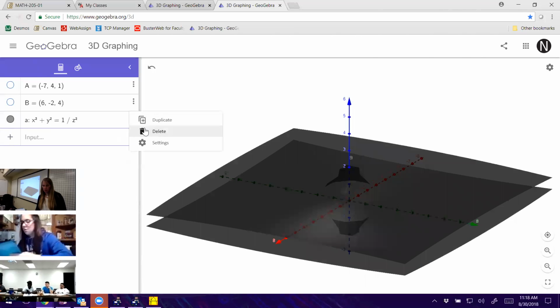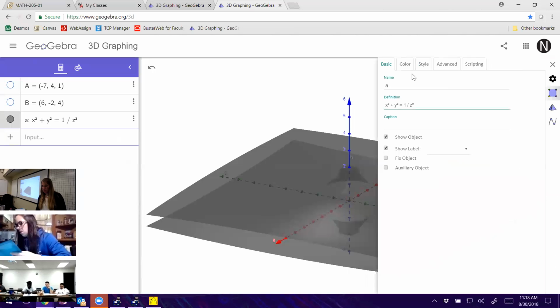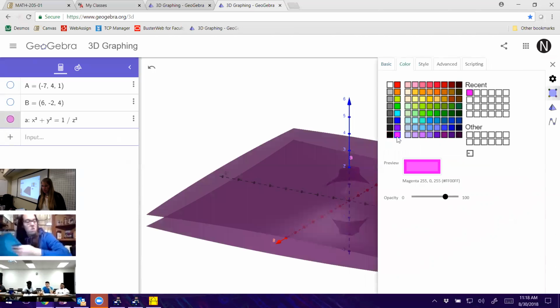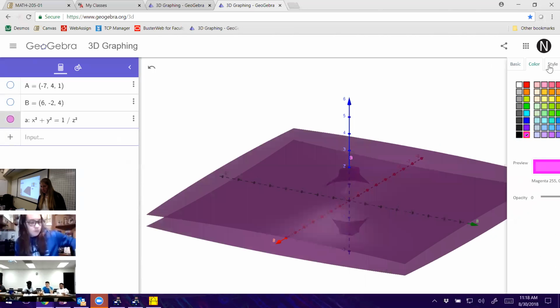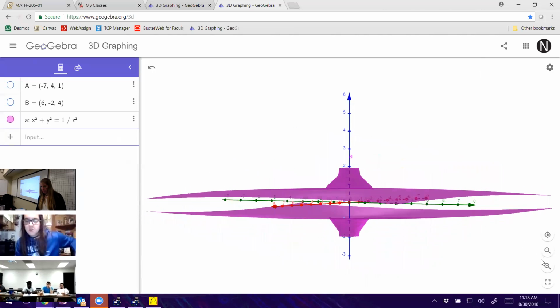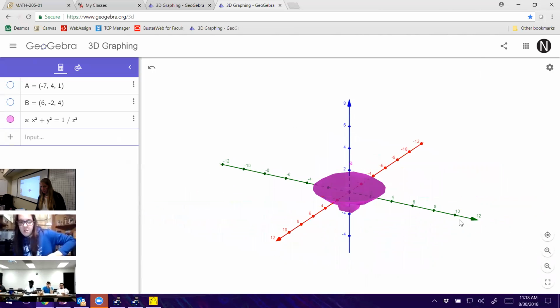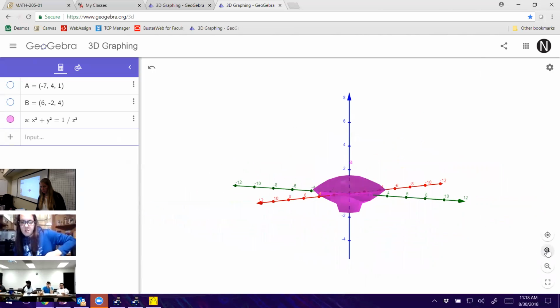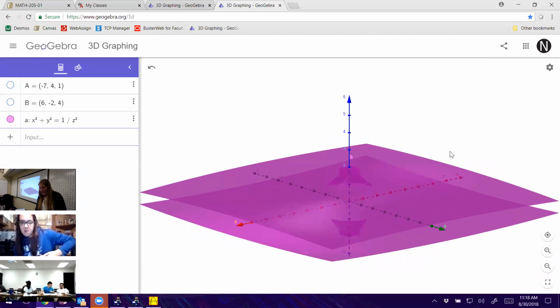Let me change the color. Black is hard to look at. Okay, and let me see. Help, that made it worse. It's kind of hard to look at this because we have such a massive plane here, but basically